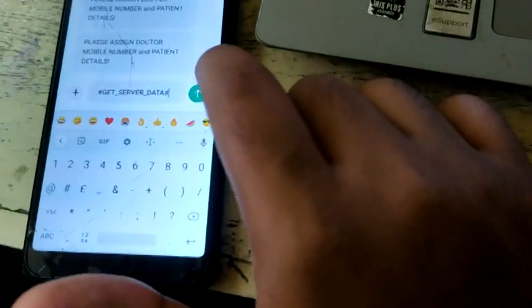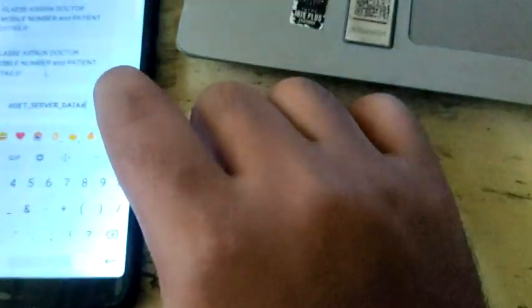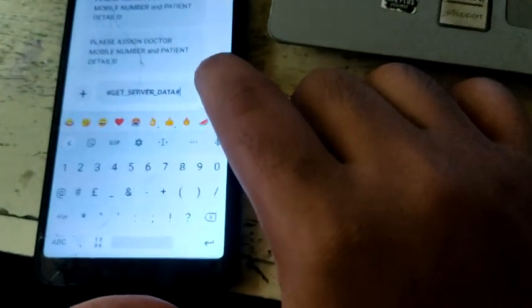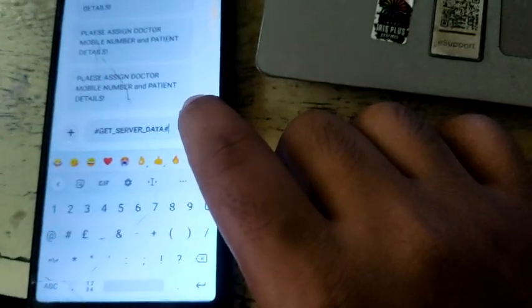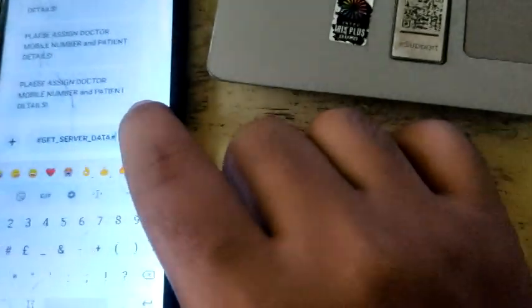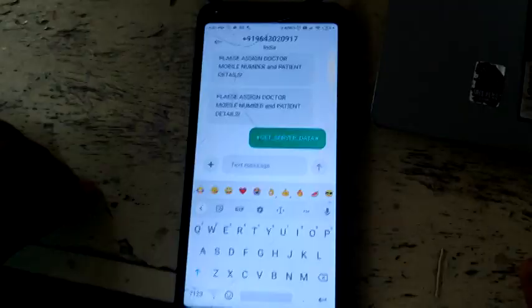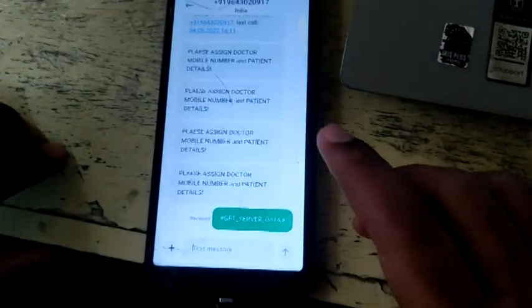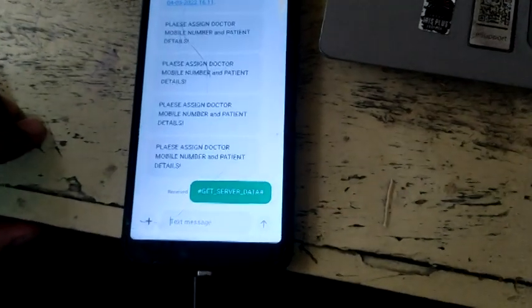Now we are trying to send this. We have sent this get server data command. Now the doctor will get the patient's pulse rate record through the server.